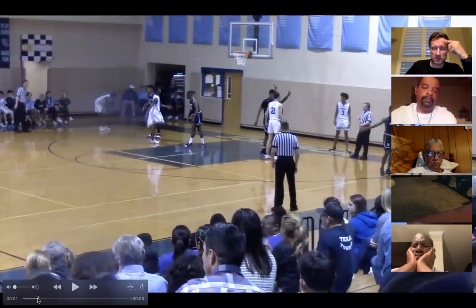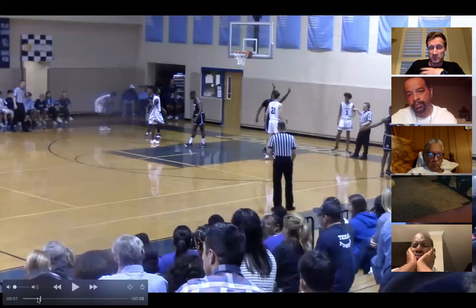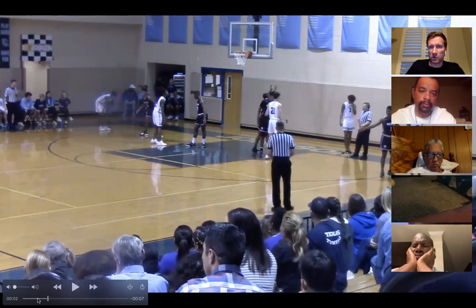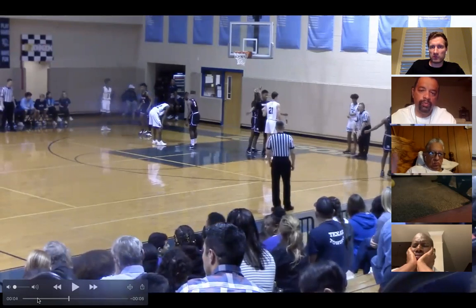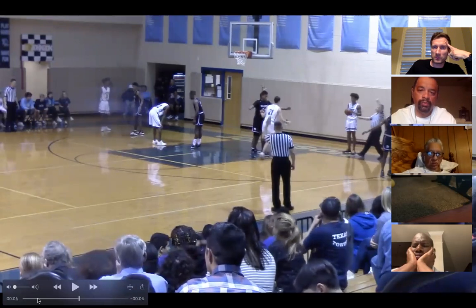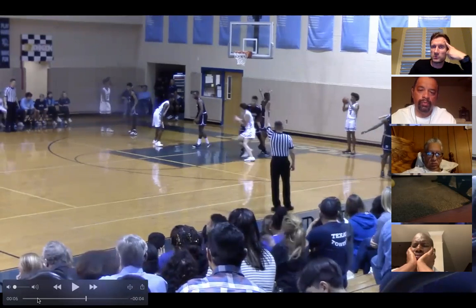I want to show the point of contact. Anybody else can take it. My personal opinion is a foul. This is a foul, not allowing freedom of movement for 21 to get to where he wants to get to. Again, kids are slick. They'll show their arms, right? He shows his arms like, I'm good, I'm doing everything here. The point of contact is right there.